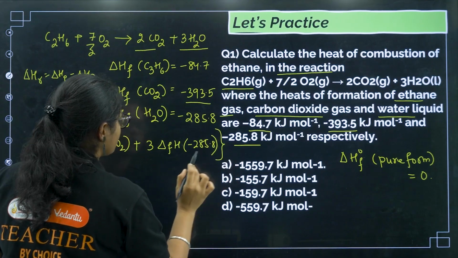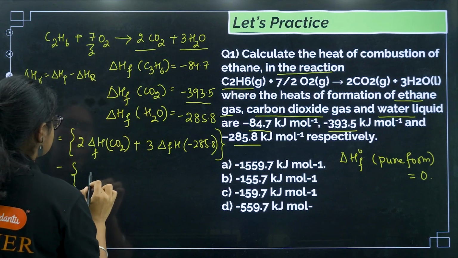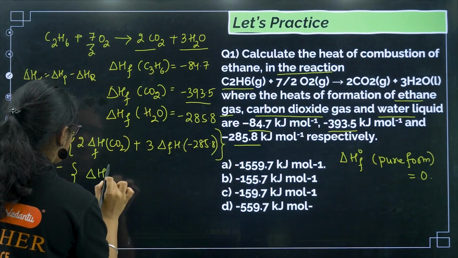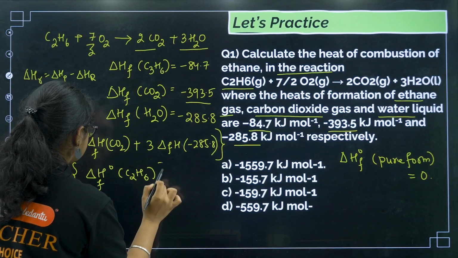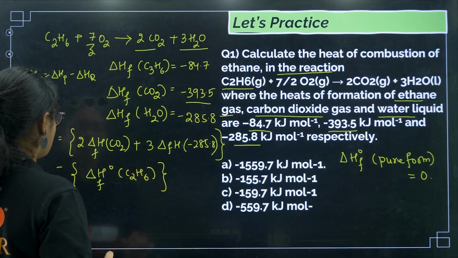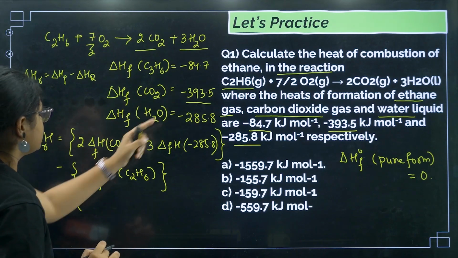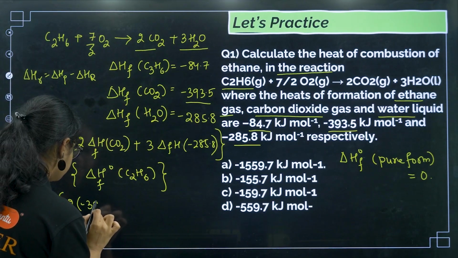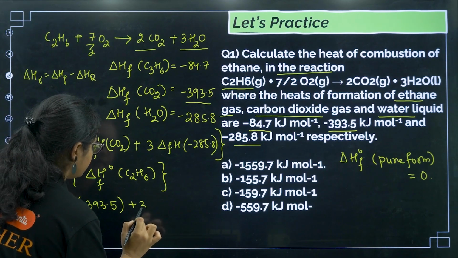Okay, this is over for products, minus reactants. We have C2H6 only, so delta HF of C2H6. Okay, and O2 enthalpy is considered to be 0. So now if I substitute the values, 2 into CO2 is -393.5. Okay, then I have plus 3 times of